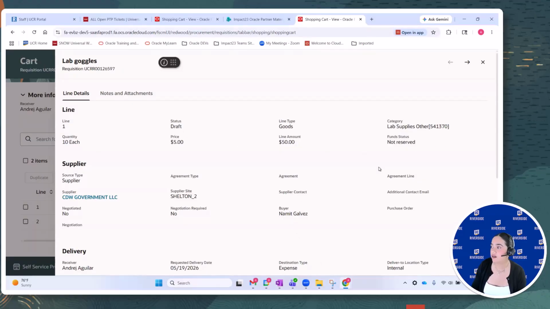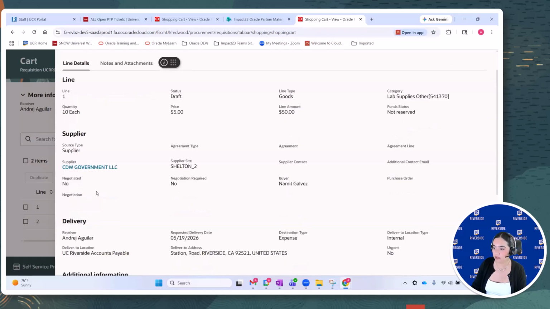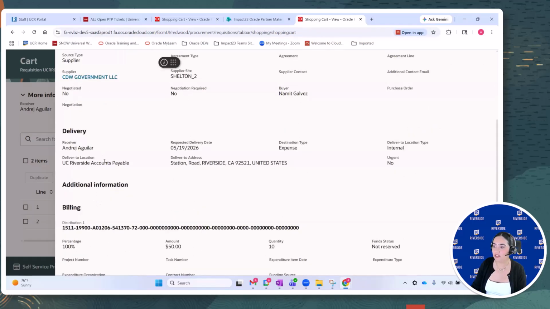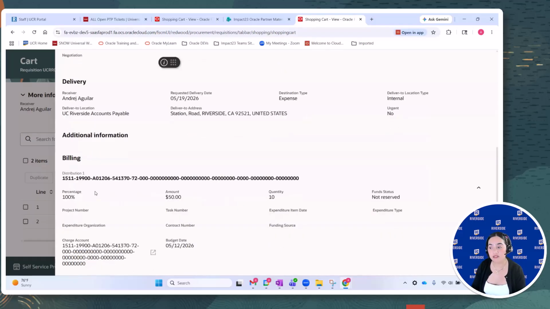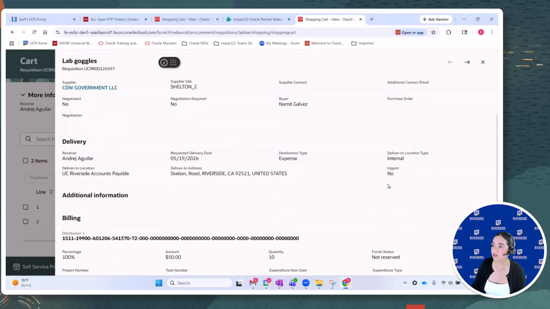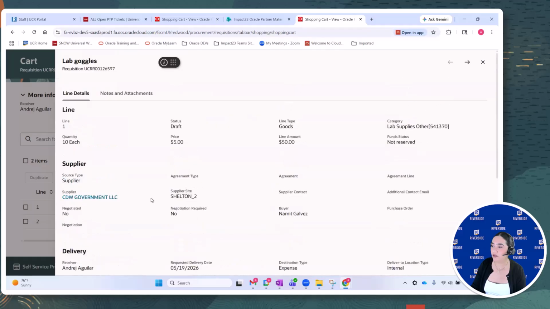It's draft, and it shows you details like the purchasing category that you assigned, supplier details, delivery details, so where the item is getting shipped to, and then all of the billing details that you already have assigned to that requisition. If I go back up here,